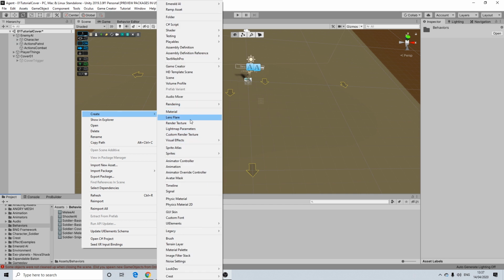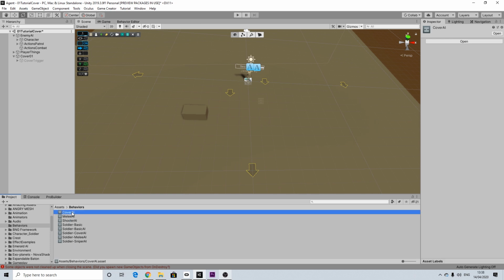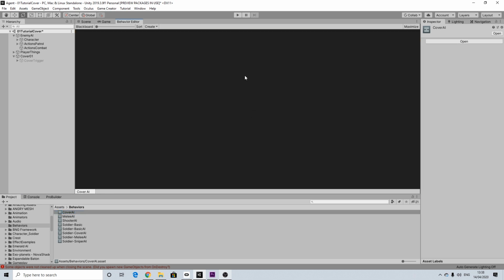I don't want to change the existing one because I still want there to be characters that just aggro at us and just try to take us out. So let's call this cover AI. This behavior tree will actually be a lot simpler and shorter. It will take a lot less time to set up because a lot of the actions take place with the cover triggers themselves. So let's create a new root,